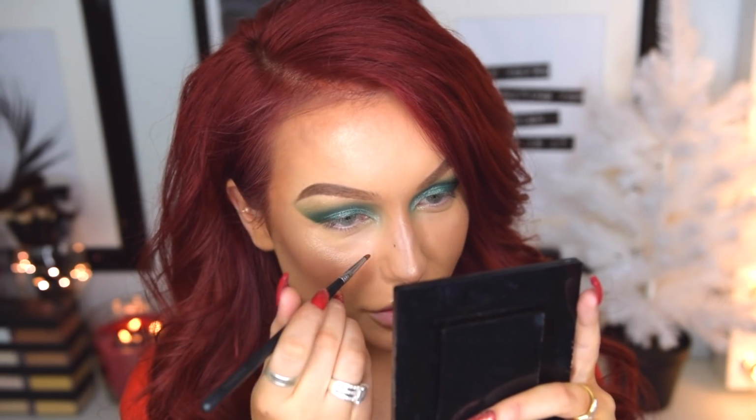For anybody wondering how I make these freckles, I use a dip brow pomade from Anastasia Beverly Hills, and this is in soft brown. However, I have actually mixed in a lipstick. I know it doesn't look very pleasant, but I've mixed in a red tone lipstick in here to make it a little bit more warm toned, because freckles are never really cool toned. So yeah, I just basically go in